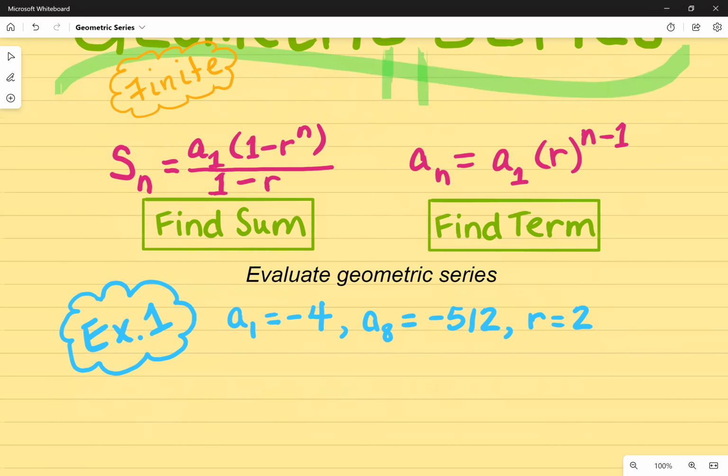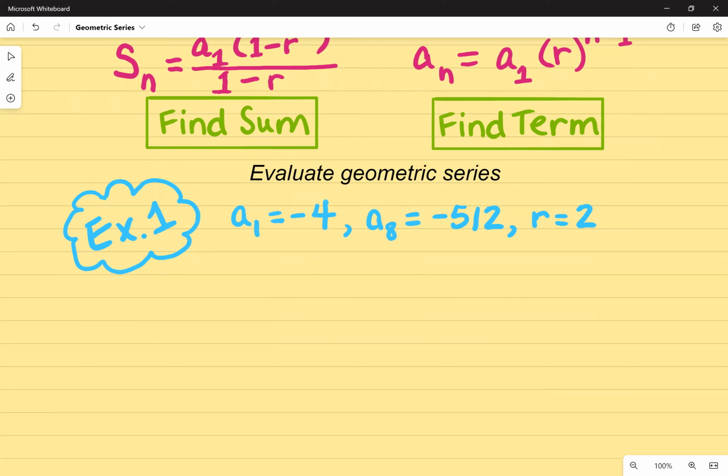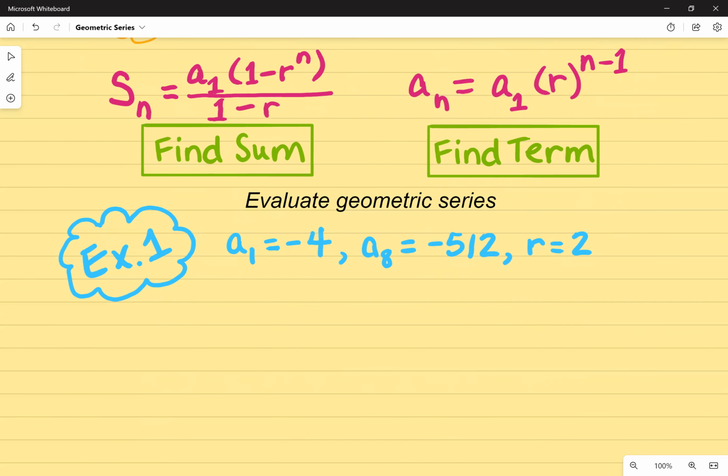For my first example, I'm asked to evaluate a geometric series, and if I look at the given information, I see A sub 1, I see A sub 8, and I see R. So the one that I'm going to use is the sum formula. So I'm going to take my S sub n and replace it with